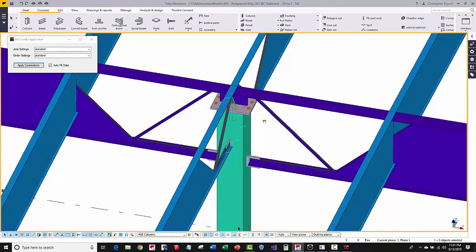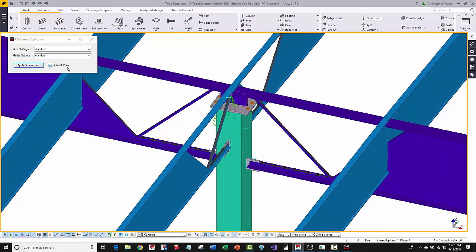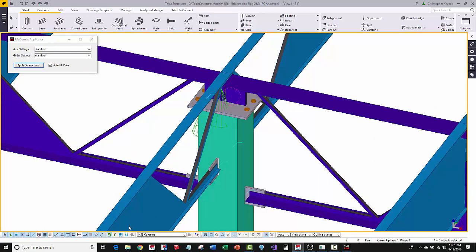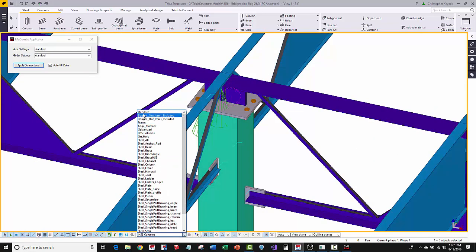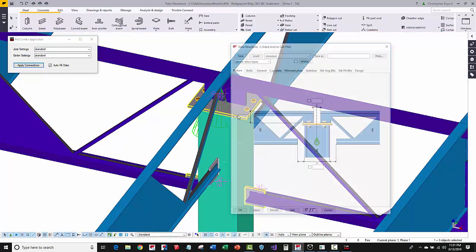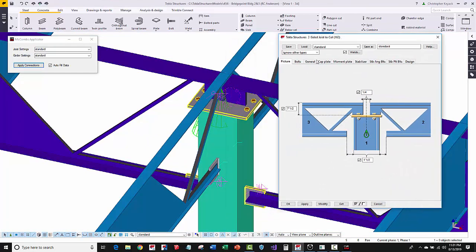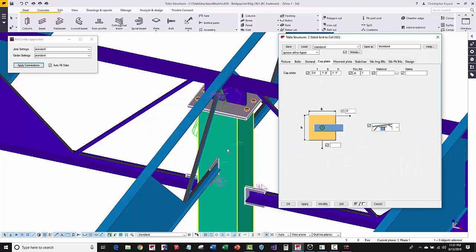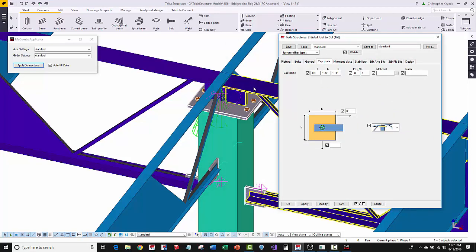Now if I come in here and I use the autofill data checkbox here, what that means is, and let's turn our selection filter off so we can just get to everything. If I go specifically to 162, what that autofill is doing is it's looking at the column size and the orientation and looking at which direction, or which faces of the column, the joist girders are attaching to, and it's automatically sizing the plate. And if there was a single joist girder connection, it would actually do this offset for us